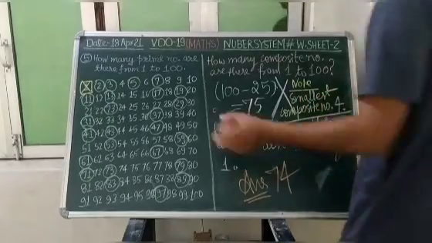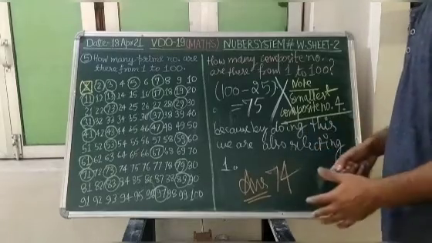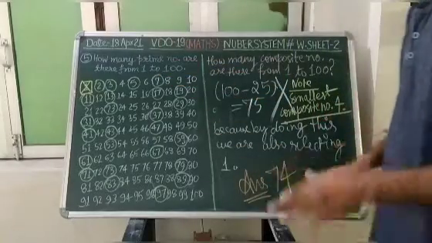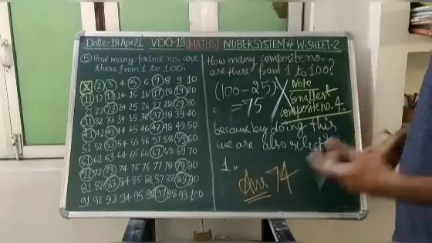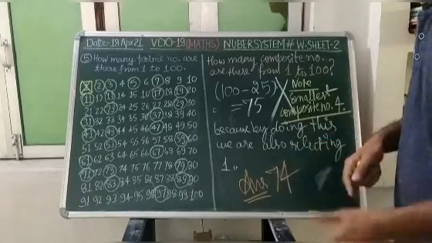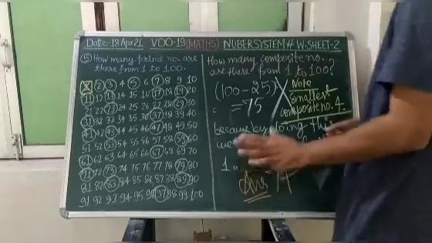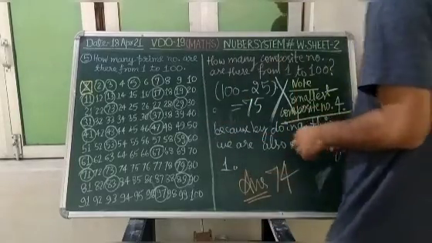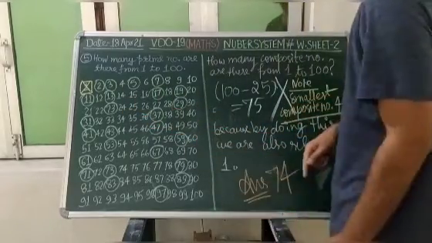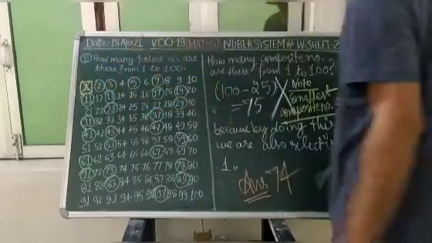So we shall start from 4. So check how many composite numbers are there. Composite numbers are the numbers greater than 1. So 1 we will not select. Greater than 1, which will be divisible by 1 and itself, and along with 1 and itself it will be divisible by other numbers as well. So 4 is your composite number. So the numbers which are not in the circle will be the composite numbers, and 1 also we will not select.